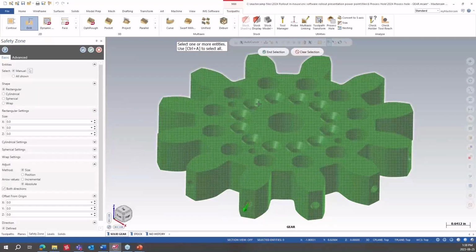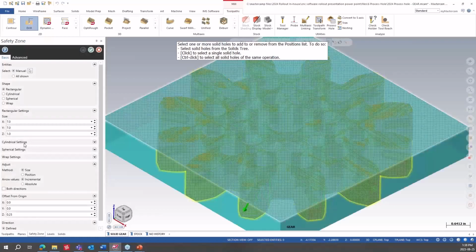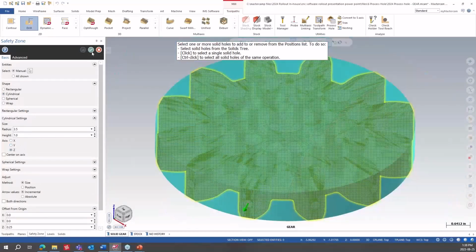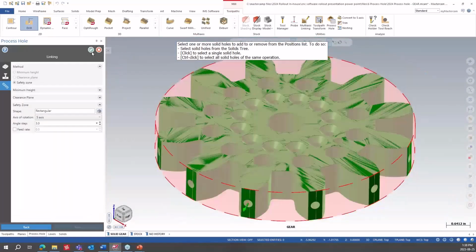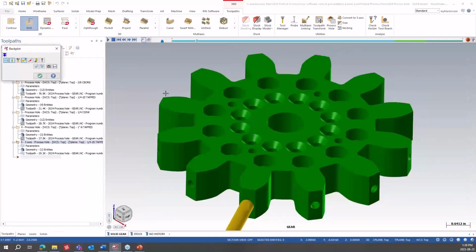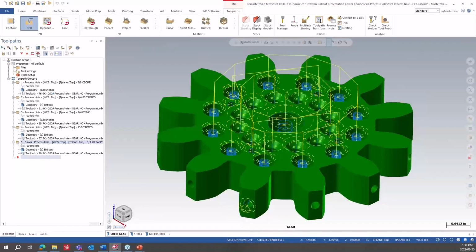safety zone. So if I select my solid and say okay, and then select cylindrical here and put it in the Z, now it matches that safety zone, matches the part, and I can say okay to that and okay to that, and it'll apply that clearance around the outside to that part. So now if I take all these operations,